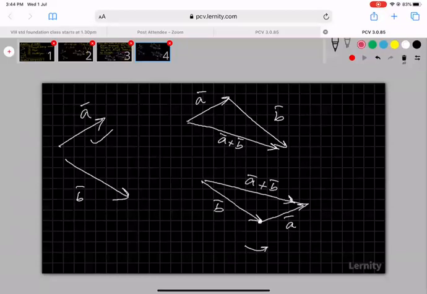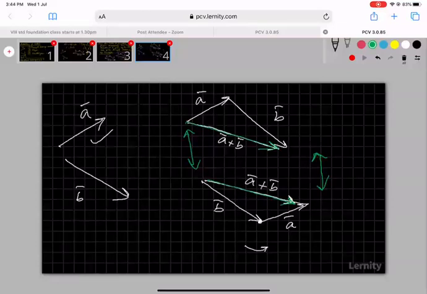If you see, in fact, this vector here and this vector here are the same. They are in the same direction and they have the same magnitude. How do you know they have the same magnitude? If you try to join these two diagrams, you probably get a parallelogram. That is what comes to parallelogram law of vector addition later. Then you'll get a parallelogram. This is a common diagonal, so you'll understand that.